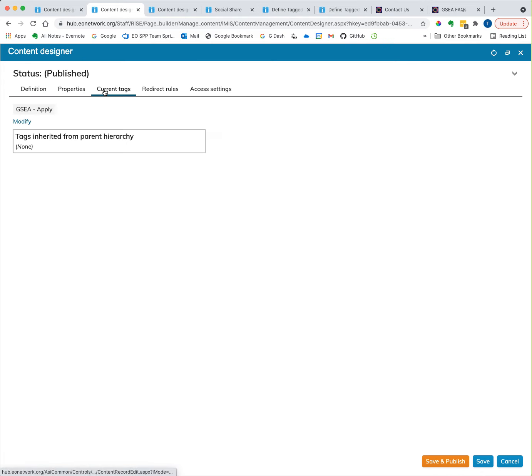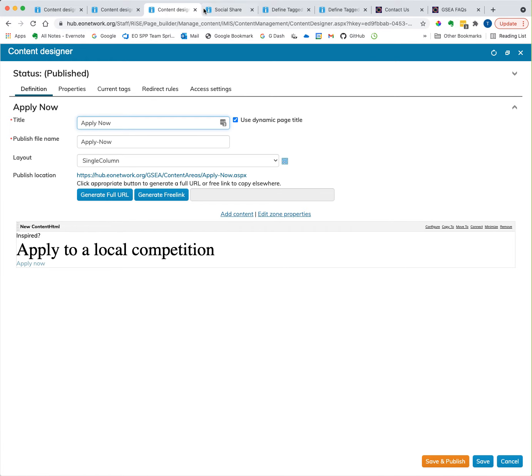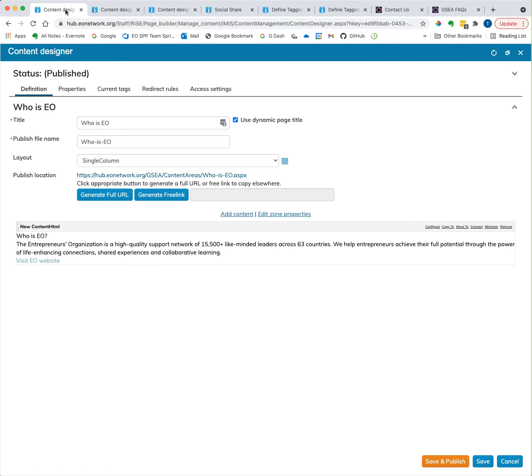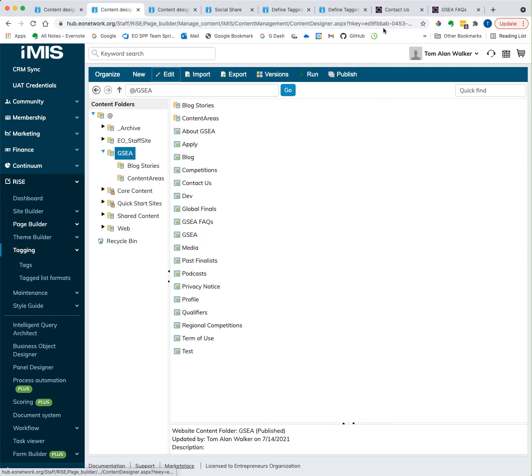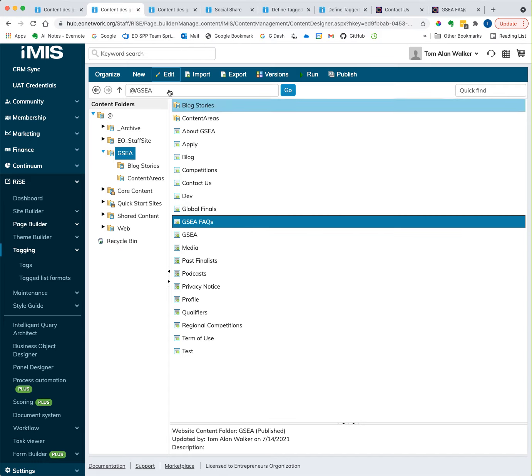And then I go to the tagged page, and I created a tag called GSEA apply. When I add that tag to this piece of content, I can then display it on a page. We're all familiar with tagging, I think. The way I explain it to people that aren't familiar, though, is I use the analogy of magnets, because visually, they get that. Like, I can go to a page on the site, and let me find a page where we're using that. Was that Contact Us or FAQs? That was FAQs. So if I go to the FAQs page,